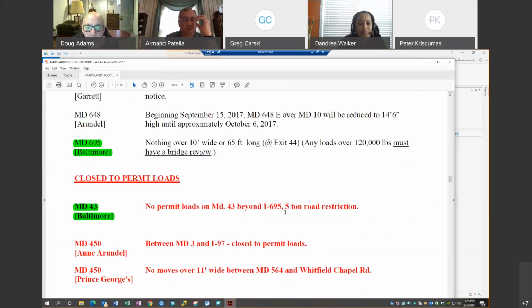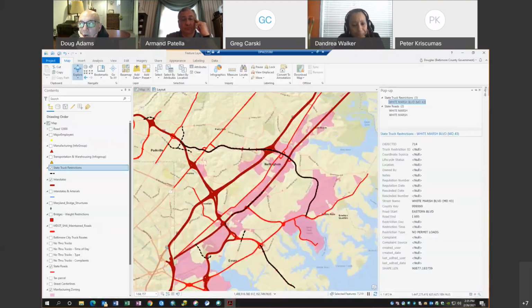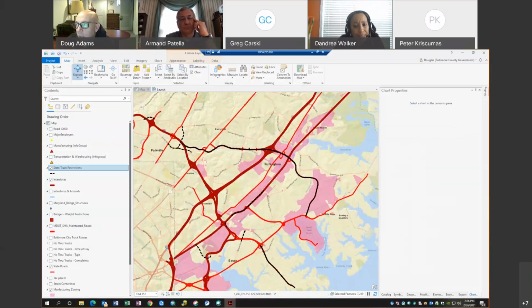Yeah, and that's why it's hard for me to do the interpretation without knowing some of the history. I can just tell you it's posted from 695 to Route 1, and that's it. Okay. Yeah, and that's an easy correction on the map, but it doesn't jibe with what the state is saying in that document that I've got. But when we open that up, it shows that we don't need Ebenezer as a route if that 43 is open. Okay, that's cool. That's why I was making a deal of it. Yeah. Okay.